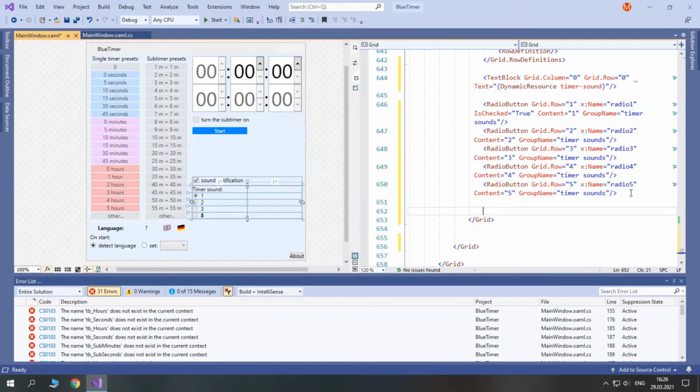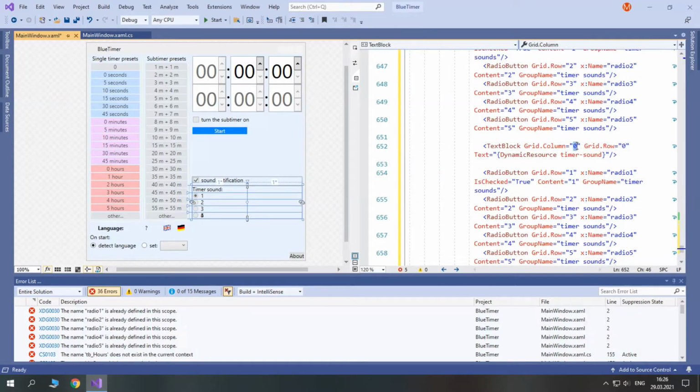And then we will put another text block here. Well, let's just copy all of these and paste here. Set grid column to 1 and type subtimer sound. So here, set grid column to 1, change the name to radio 1 sub, and we'll do the same everywhere.